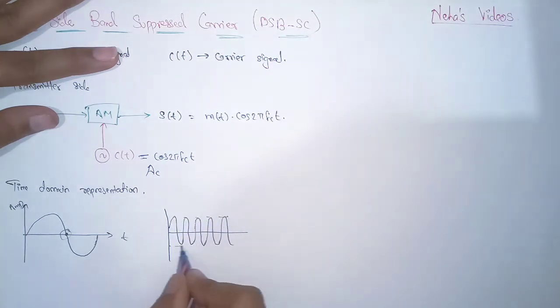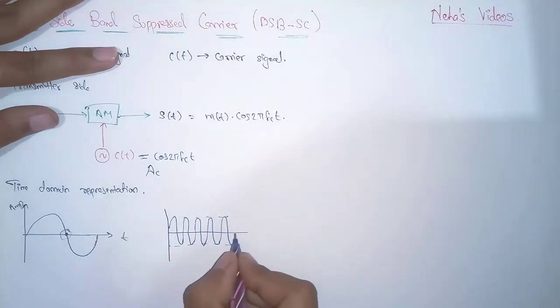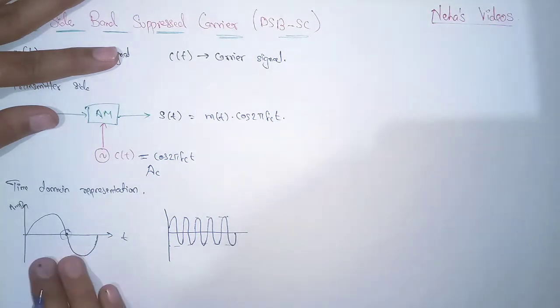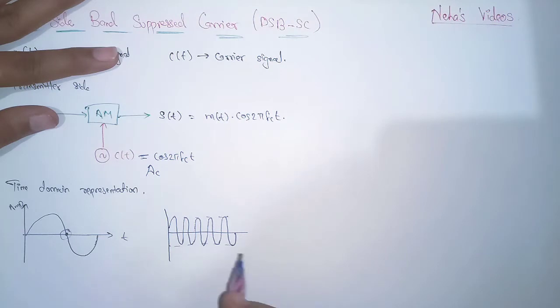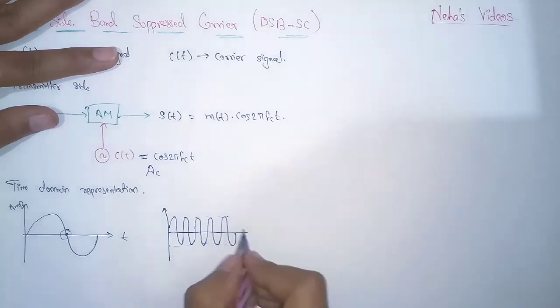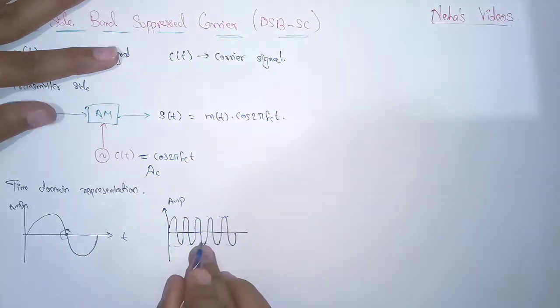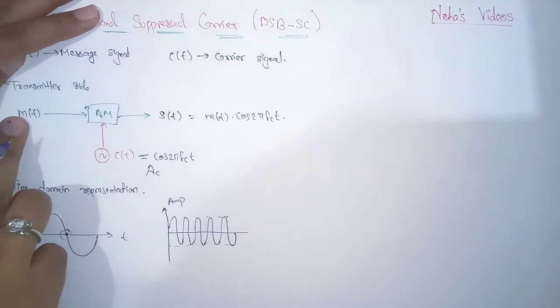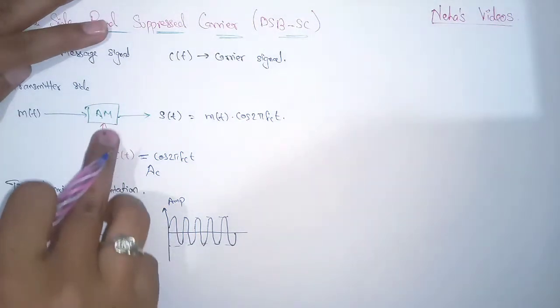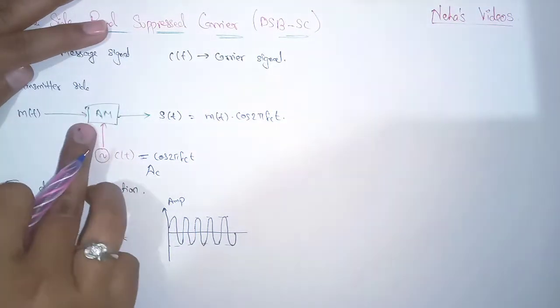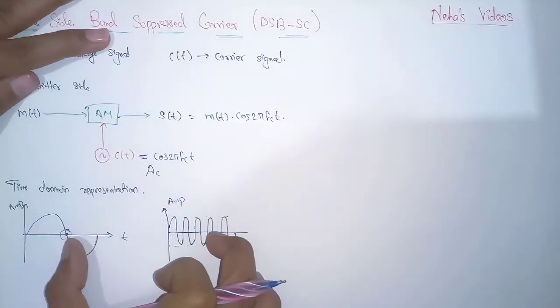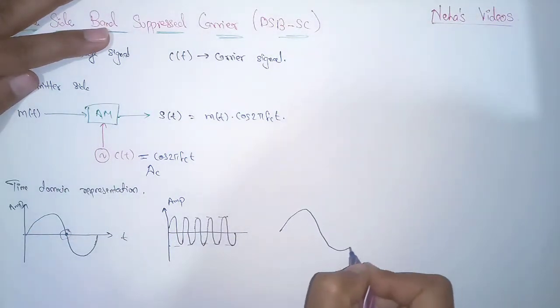So this is the carrier signal. The carrier signal will have no information in it. It is just the signal which will help the low frequency signal to travel a long distance. The carrier signal will have constant frequency, constant amplitude and constant phase. So when these two are multiplied, this is the message signal, right? This message signal we are passing through this, and this is the carrier signal we are passing through this. So the amplitude modulator will multiply these two signals, and we will get the output as